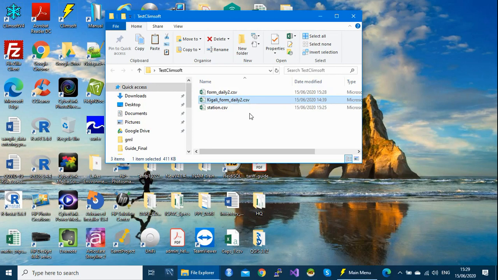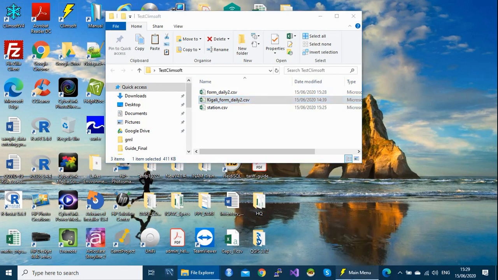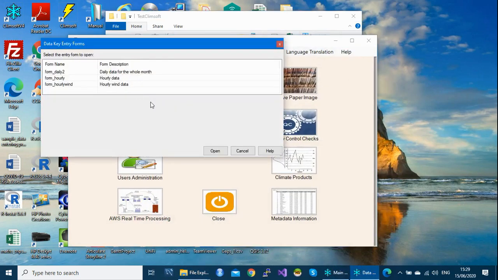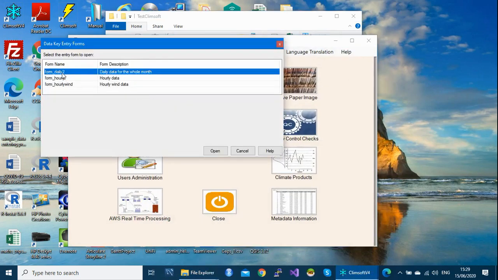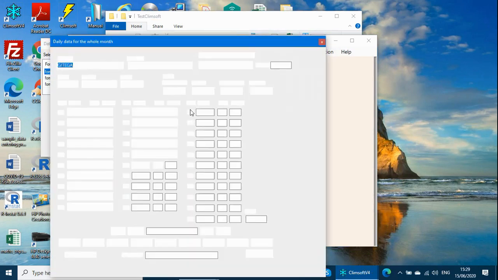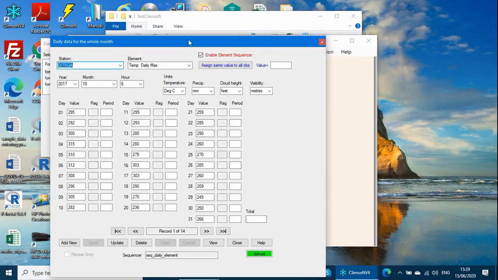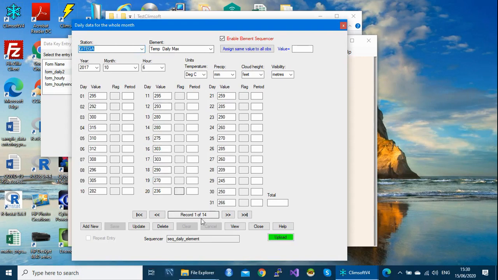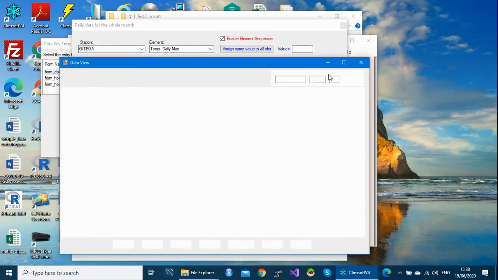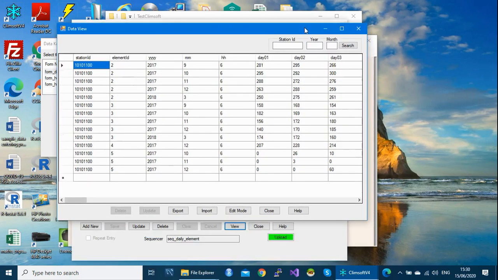You are the headquarter, you want to import your station. So remember here we have in this form we have this station only with 14 records. You can view again. So this is the data we have. And you want to add another station so that you can upload all the station at once, or you can do quality control.